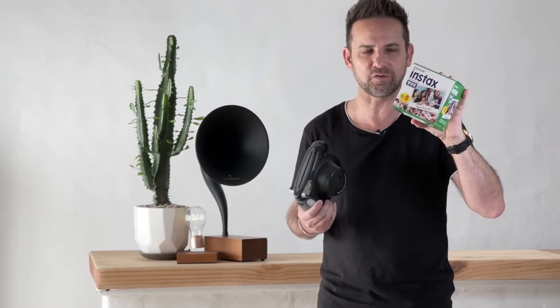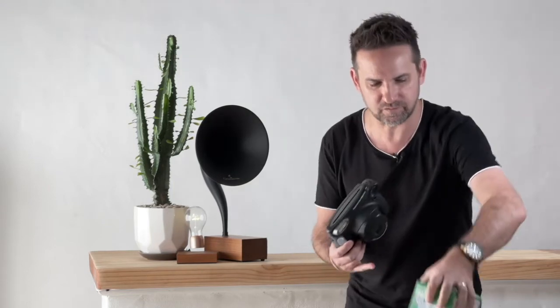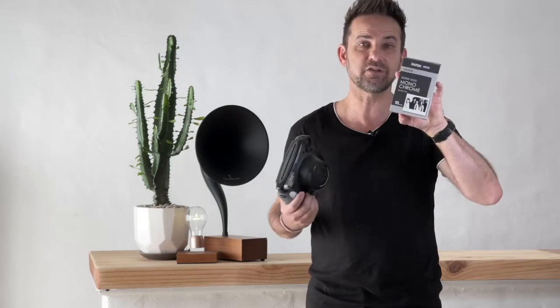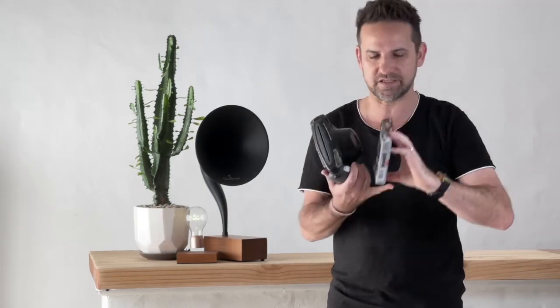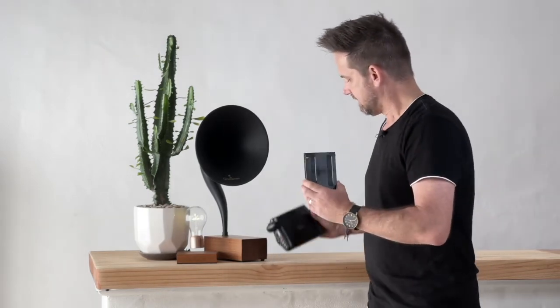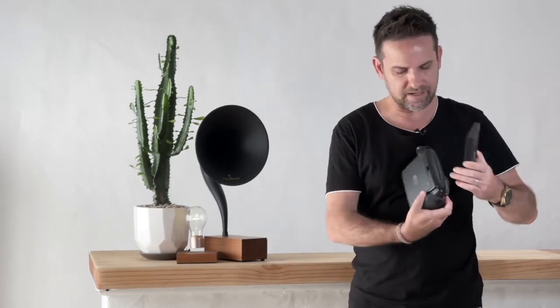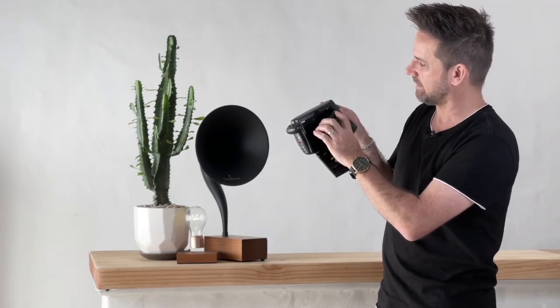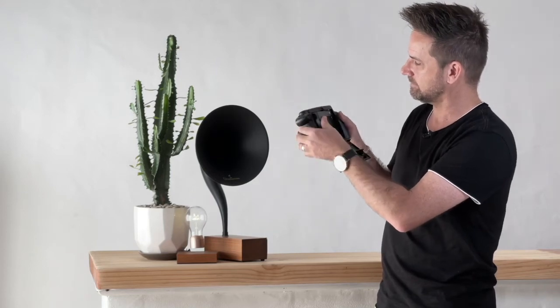They come in cartridges of 10. This one happens to be color film, rectangular color film. I've also got here a monochromatic film pack, which I haven't used yet. These are black and white Polaroids, so let's just give that one a try. Rip open the foil packet. So this cartridge here will have 10 black and white Polaroid prints in it. This one's black and white film, like I said, the other one's a color. You simply open up the back of the camera, you get the cartridge, you align the yellow dash with the yellow dot,